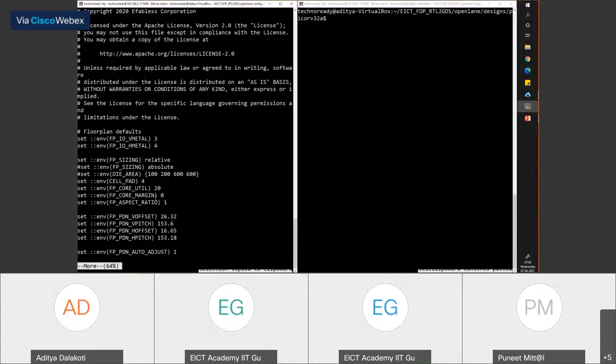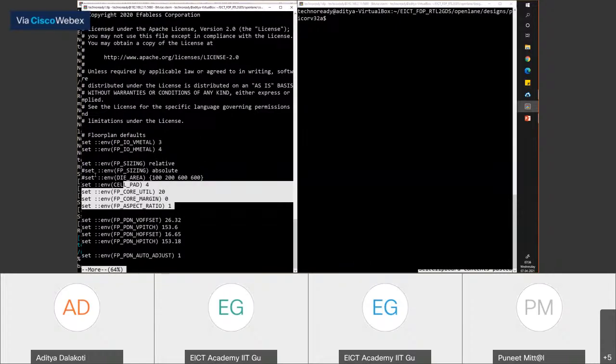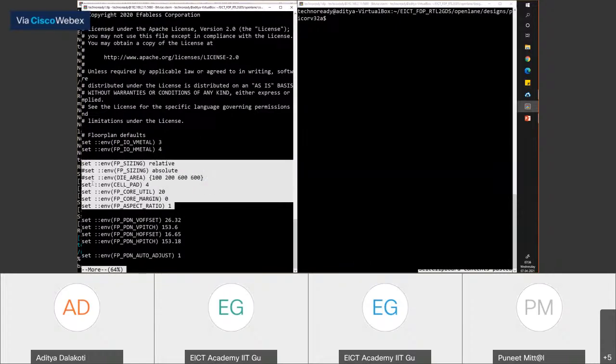Then the next one, which is important over here, is this sizing, which was a question from one of you as well. So how do we decide sizing? Let's try to understand it from the design perspective. After synthesis, you have a gate level netlist. Now, if you do a straight up gate count, you will be able to approximate the rough area those gates will take. That is exactly what the tool does. So the tool is able to estimate the rough area my gates are going to take.